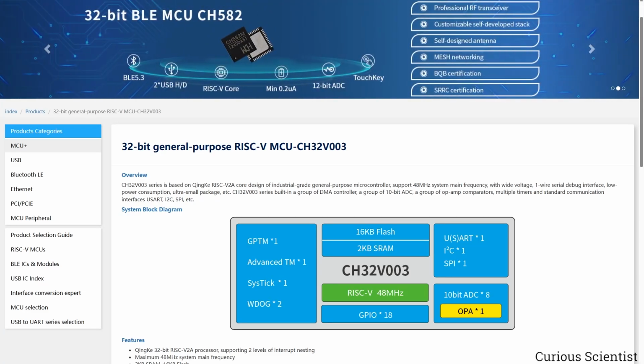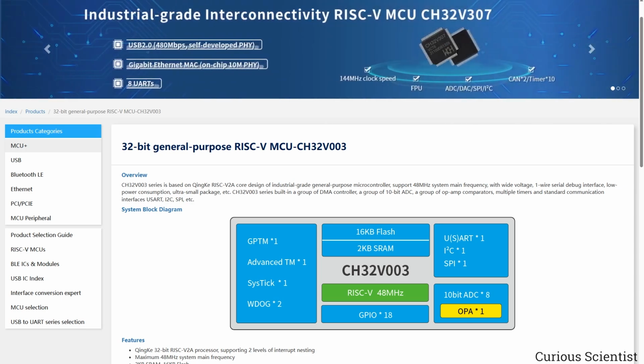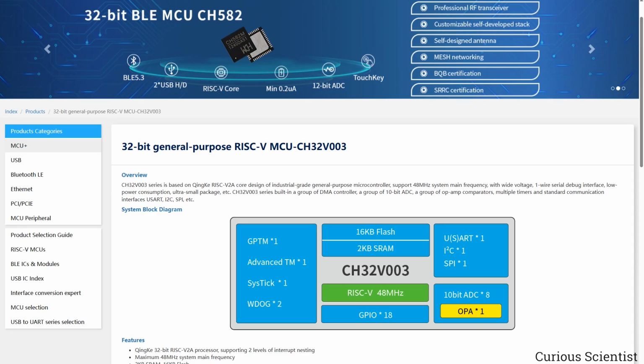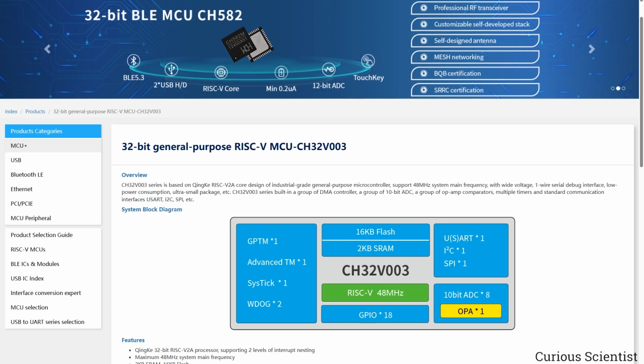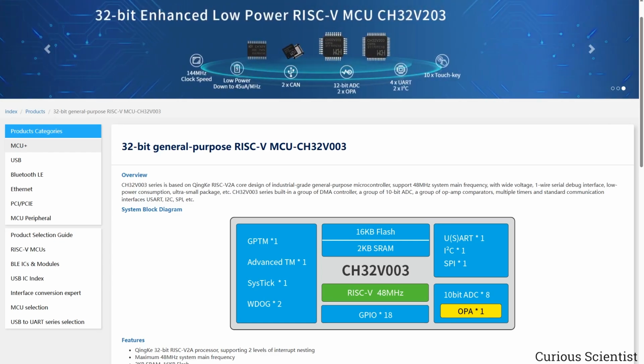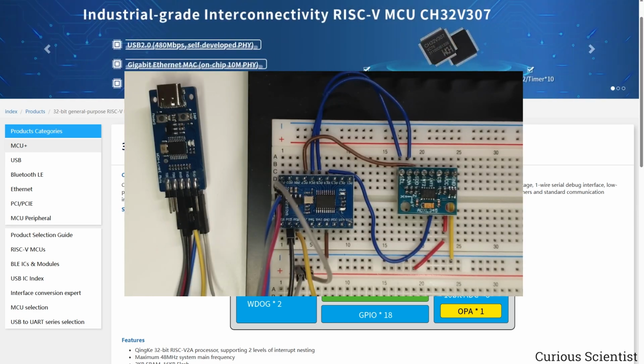Welcome everyone. In this video I'm going to continue my CH32 tutorial series, and I'm going to discuss the SPI protocol. In the earlier videos I have already talked about GPIO handling, AD converter, I2C and timers and so on. In this video I'm going to focus on SPI, which is another communication protocol which I haven't introduced yet. In order to be able to demonstrate the SPI communication, I will use a sensor, which is the